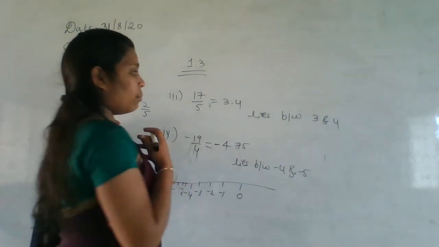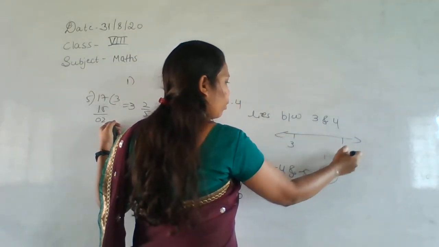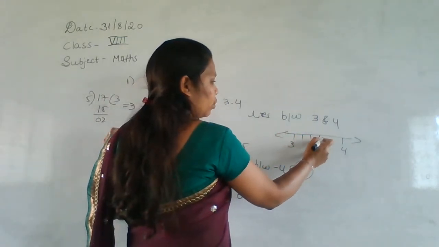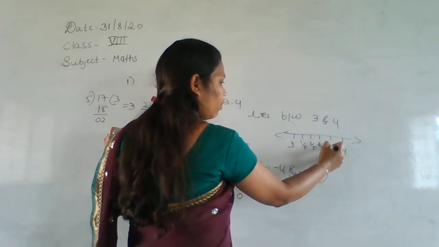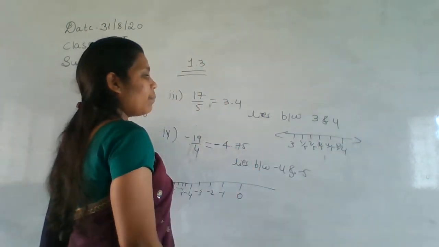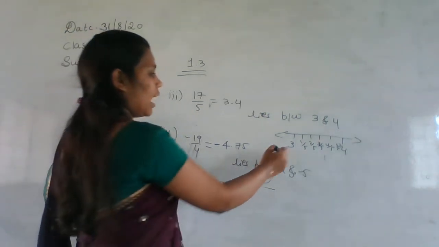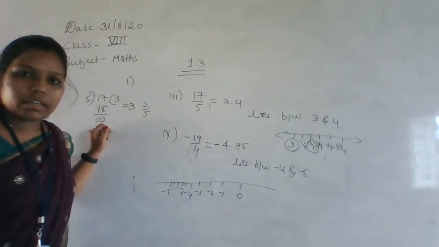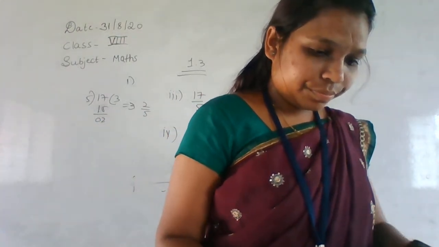Convert to the mixed fraction. Now take a number line here, and this is 3 and here 4. Make how many equal parts? 5 equal parts. 1, 2, 3, 4. This one is 5. 1 by 5, 2 by 5, 3 by 5, 4 by 5, and here 5 by 5 is nothing but equal to that one. Okay. So here 2 by 5. 3 integer already we are having here. Okay. So that is here 2 by 5. 3 integer 2 by 5 we have to represent like this.